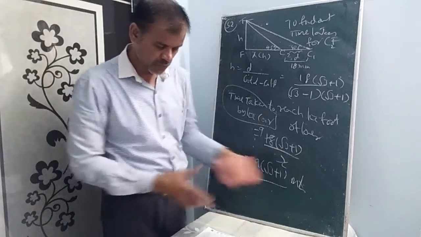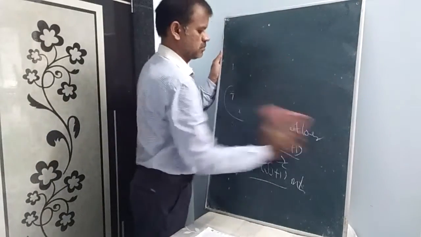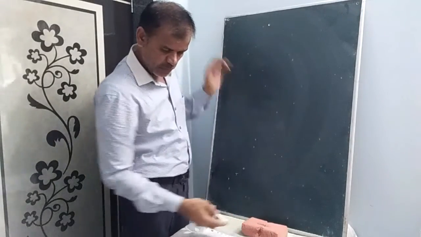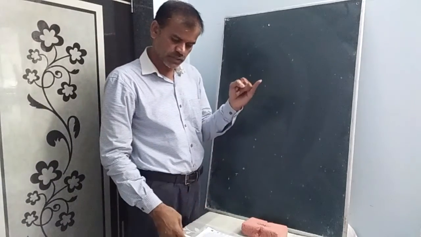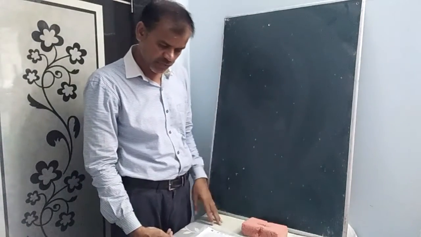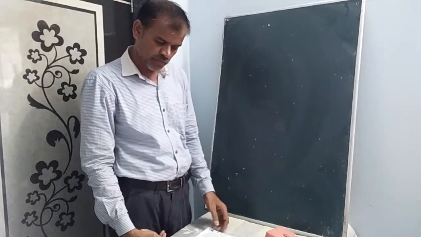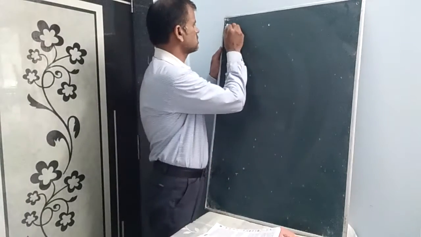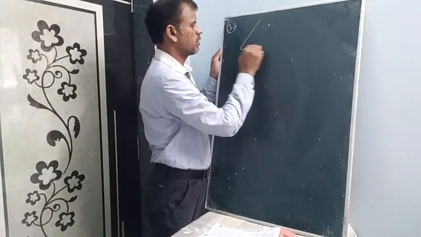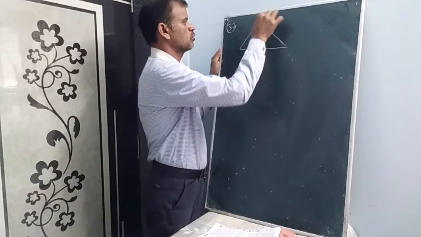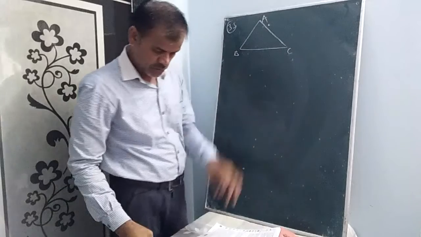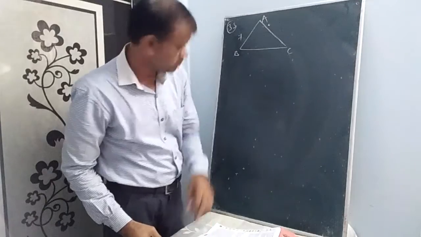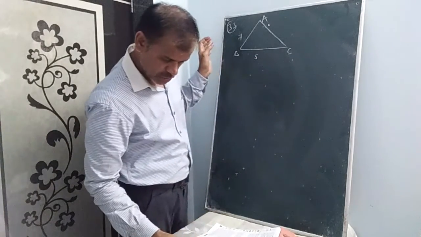Now the 33rd question. Consider a triangle plot ABC with side AB equal to 7, BC equal to 5, CA equal to 6. So 3 sides are given. A vertical lamp post at the midpoint D of AC subtends an angle 30 at B. Let us draw the triangle first of all. This is a triangle plot. Put the name here ABC. Consider a triangle plot ABC with AB equal to 7, BC equal to 5 and CA equal to 6.